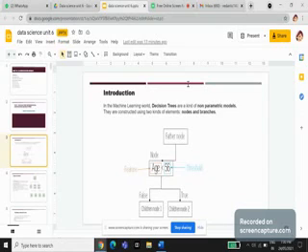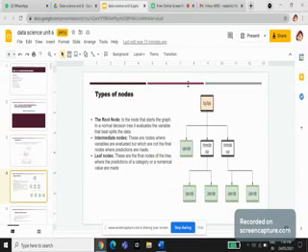The last one is leaf nodes. The end nodes are called leaf nodes or just leaves. Leaf nodes have arrows pointing to them, but they don't have arrows pointing away from them. These are the final nodes of a tree where the prediction of a category or numerical value is made. Here in the diagram, red color represents the root node, white color represents intermediate nodes, followed by green nodes used to represent leaf nodes. Have a look at the diagram for a second, then we will move further.